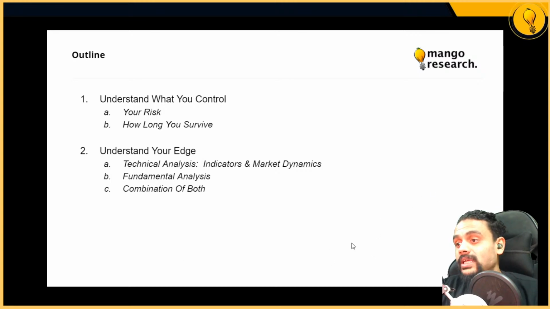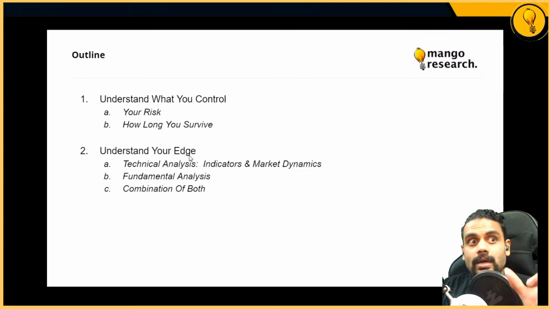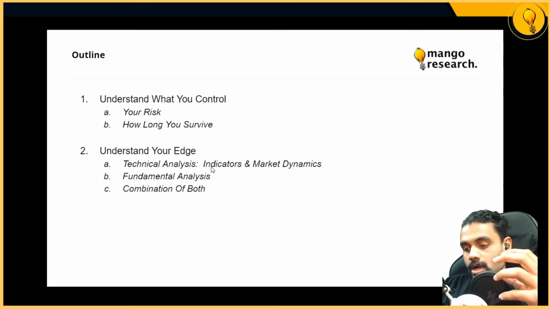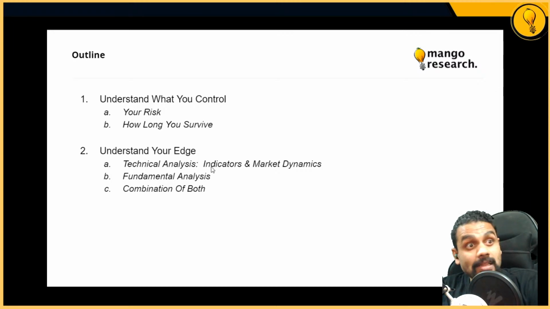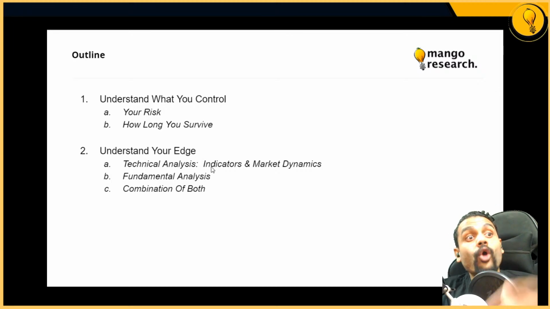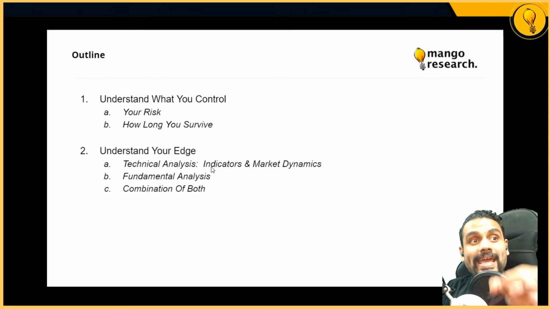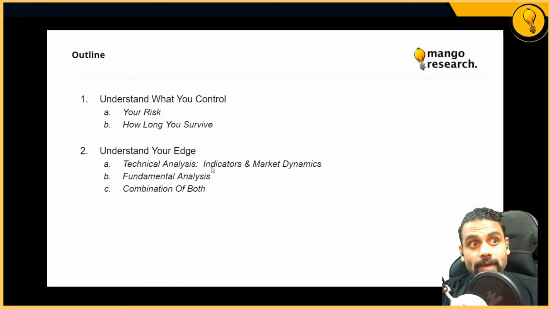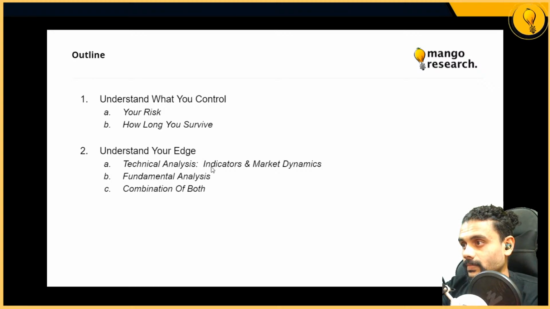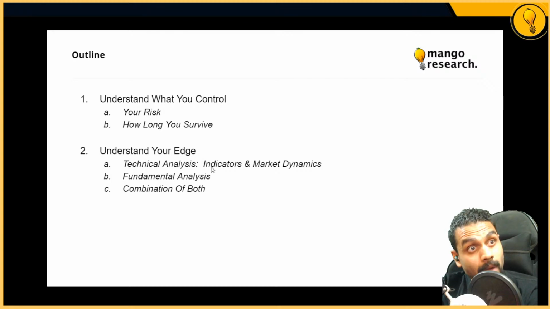So now this actually leads us to our next criteria of edge, which ties into fundamental analysis, and this is my view as to why I think fundamental and technical analysis have overlap. You could have edge purely based on market asymmetry, knowledge asymmetry. You may know more about something that the rest of the market doesn't know yet. You guys understand what I mean by that? Knowledge asymmetry. You may know something that the rest of the market does not know.